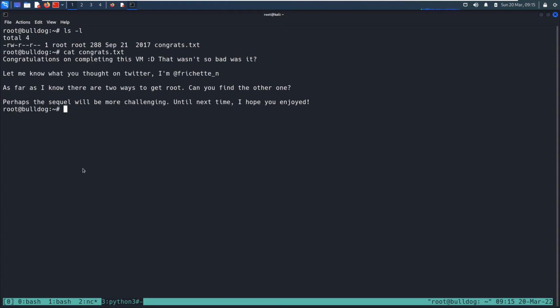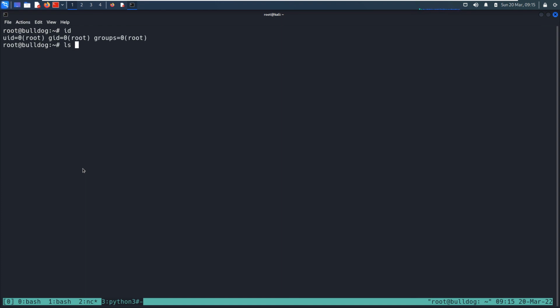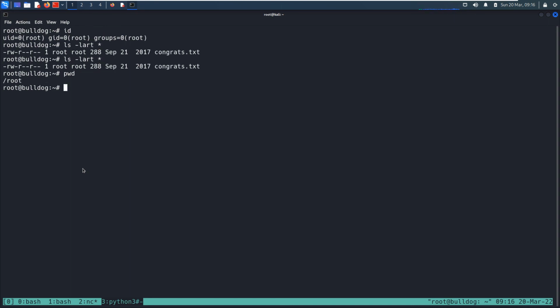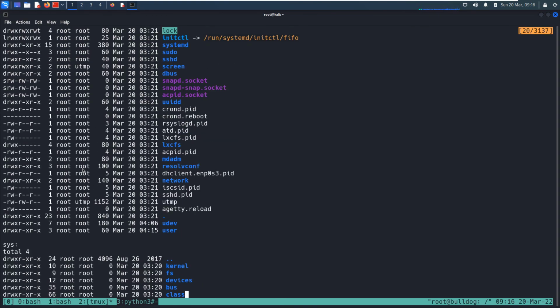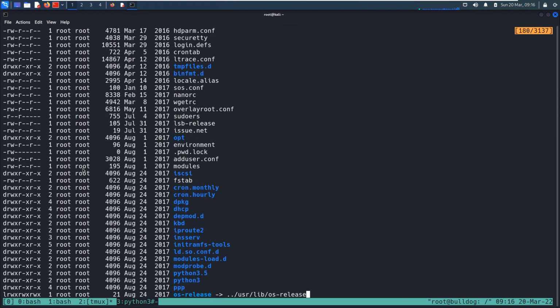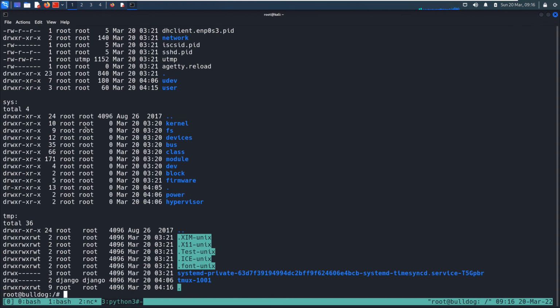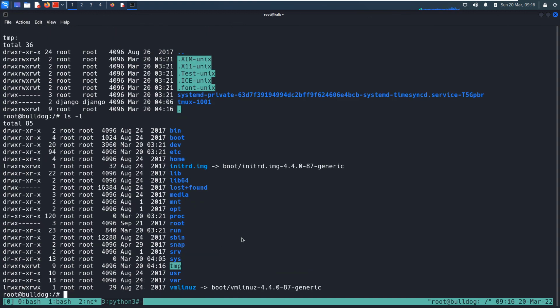Let me know what you thought on Twitter, and perhaps this week will be coming and more challenging. So that's it I guess. What else do we have inside this root folder? I don't see anything. pwd, root. So I guess that's it. This was an interesting box in which we first exploited a command injection vulnerability, and from command injection we used cron job abuse to get the